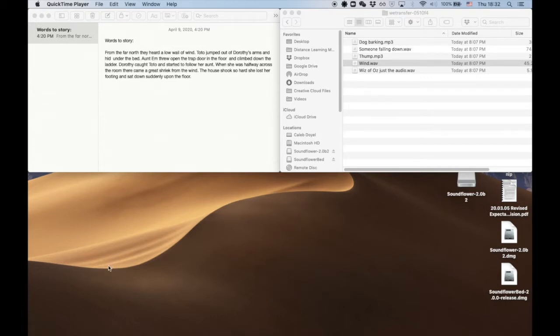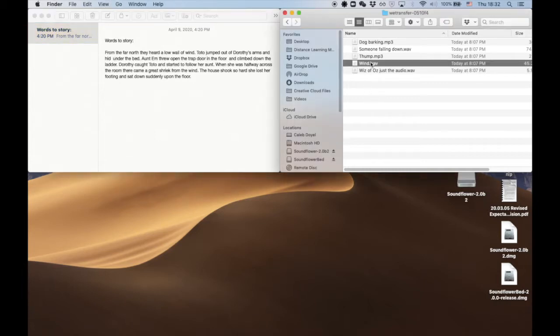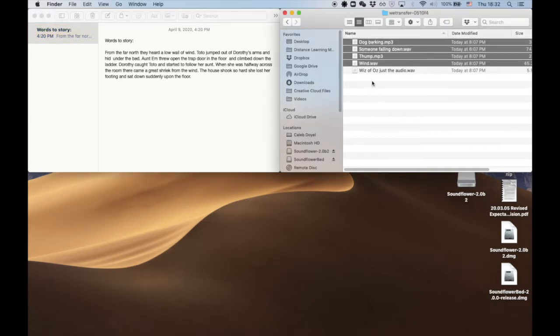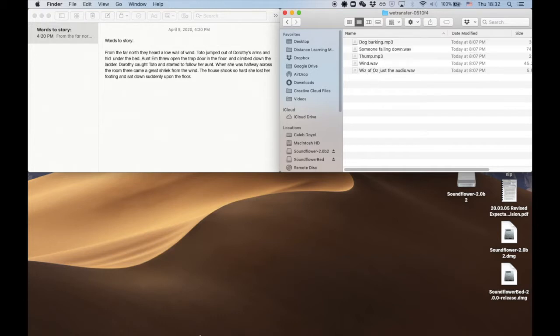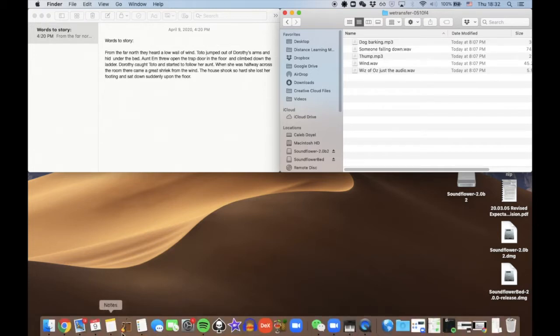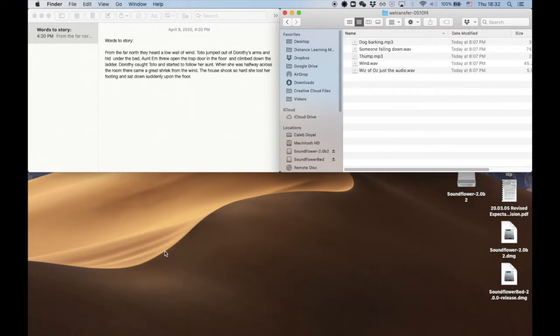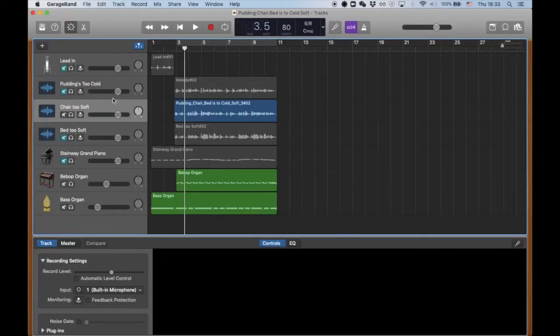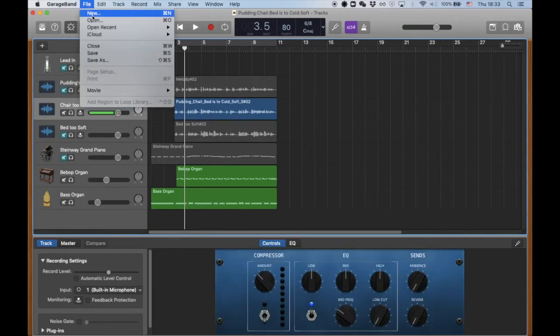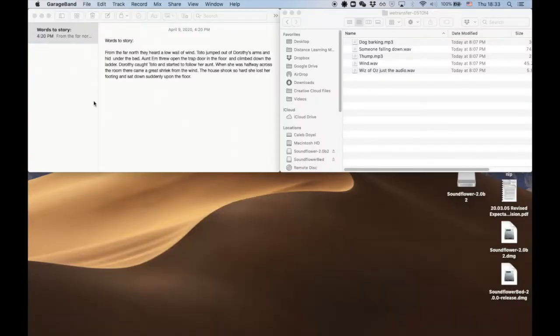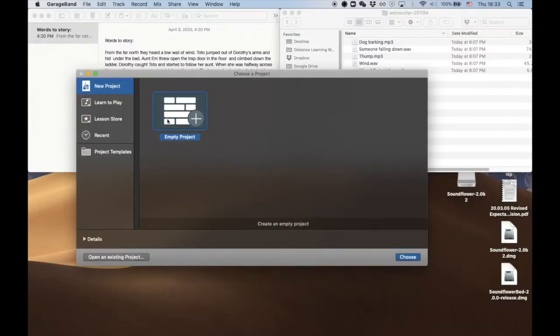The first things you are going to need are the words to the story, your sound effects, of which we have 4, and of course GarageBand. Now when you click to open GarageBand, it's going to pull up your last project that you are working on. When it's opened, we're just going to click File, click New, and create an empty project,